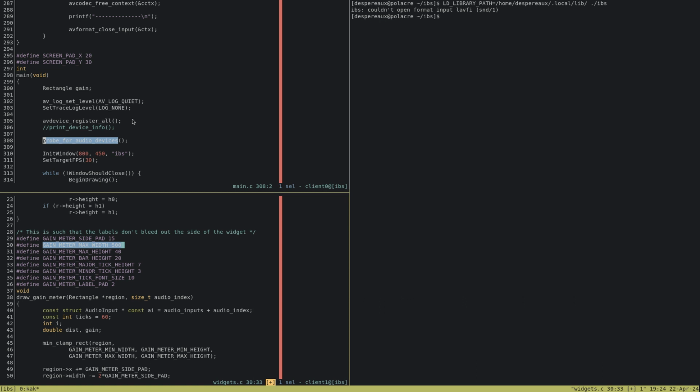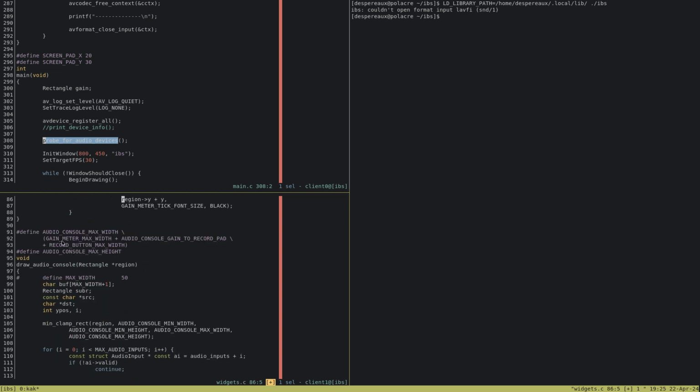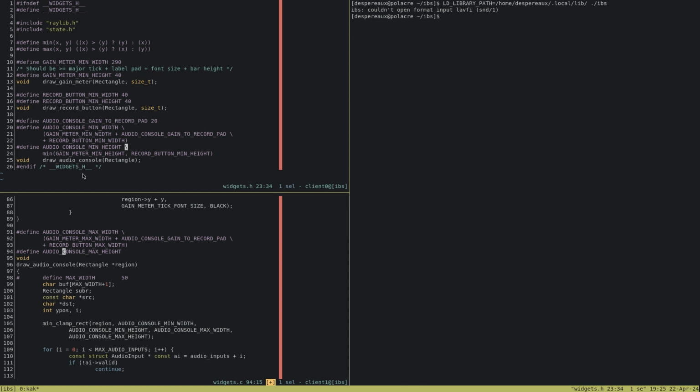And because 500 is above the minimums in the other file, because 500 is above the minimum that we need, there will be no expansion of the region, or clamping as we've called it, min clamping. So I guess what we want to do